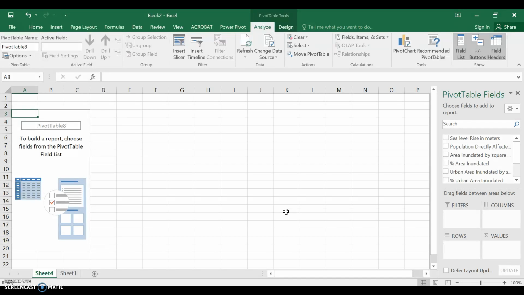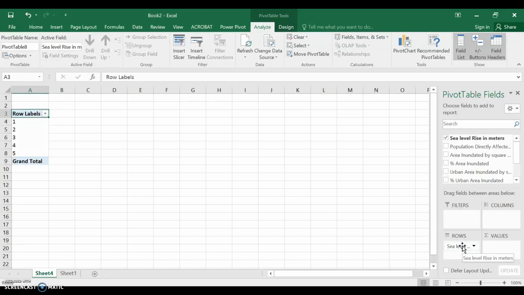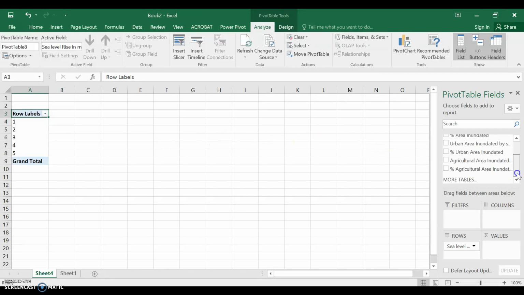At this particular point, I need to filter the sea level rise, and I want it to be in the rows. So you could say that as the sea level goes by 1 or 2 or 3 or 4 or 5 meters, what is the impact on what? So I want to say, okay, on the population